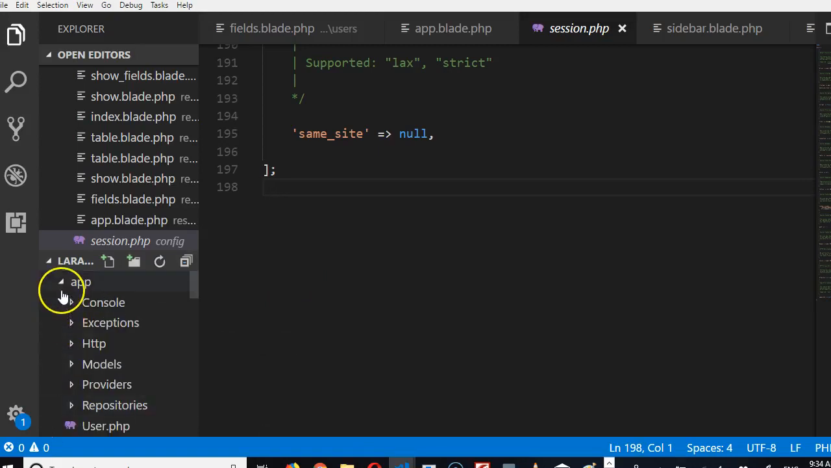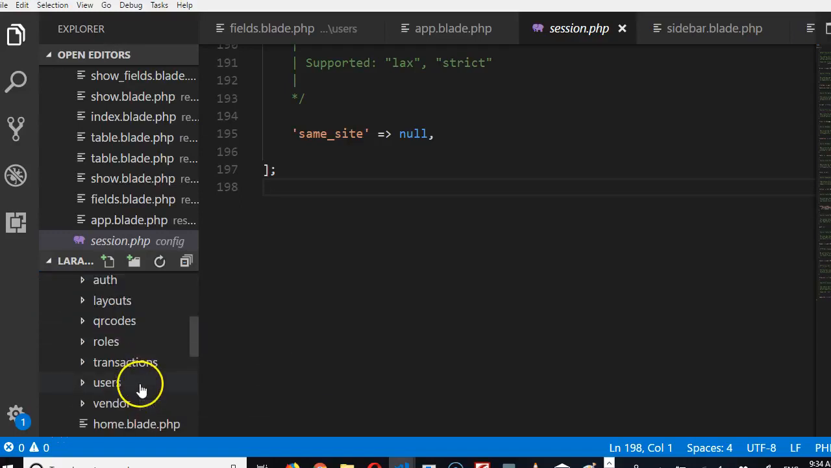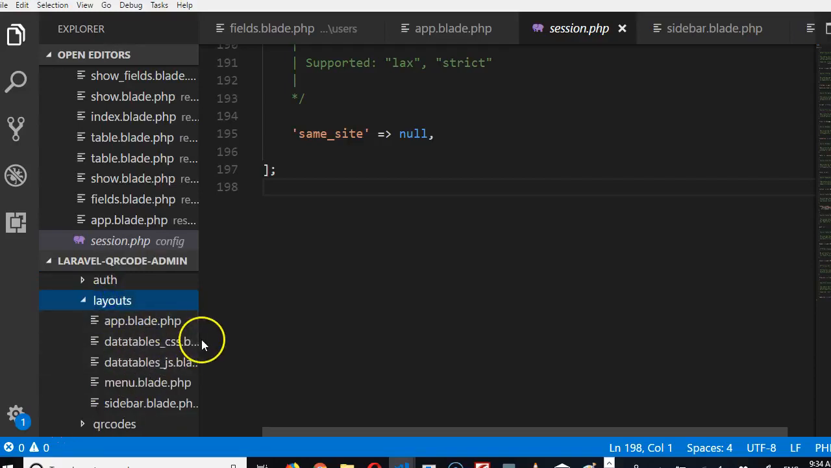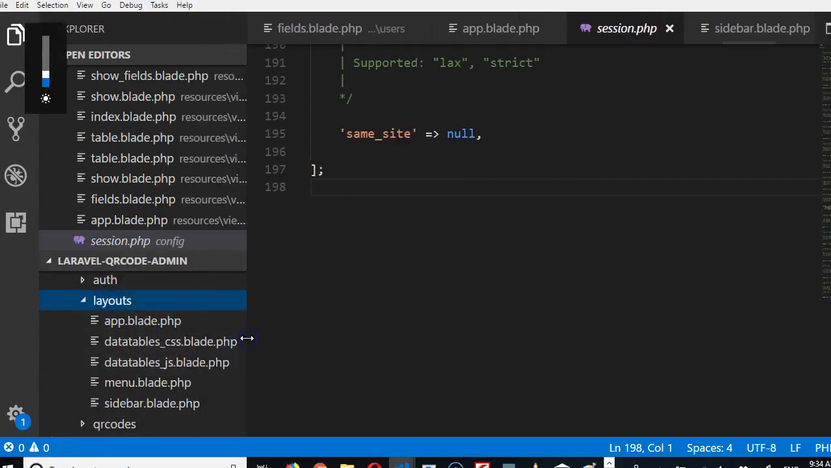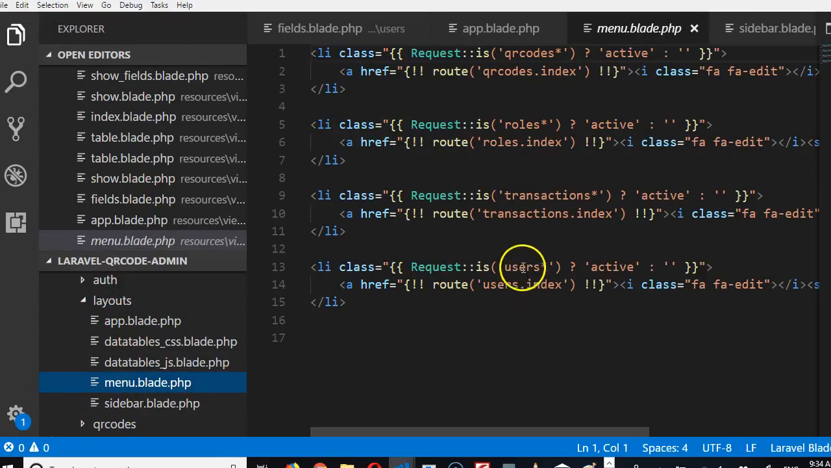If we go to our resources, let me close all this. If we go to resources, then we go to layouts, then let me brighten this. We'll go to layouts, then we'll go to menu. So this is where all the menus are. As you can see, there are four menus. We're going to work with